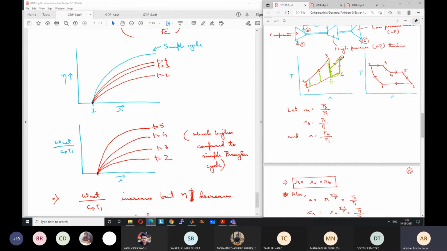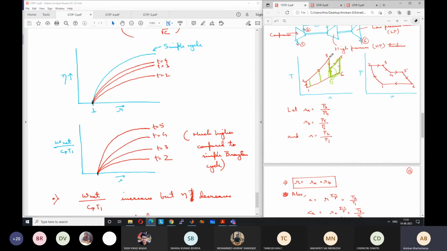Compared to the heat addition, if I had just a cycle here, the compressor work input as compared to the turbine work output would have been significantly high, because my compressor work input would have occurred at this point, where the constant pressure lines are much more diverged as compared to this point. So the overall efficiency of this additional cycle will be less as compared to the simple Brayton cycle. If you add both of them together, the average efficiency comes down.